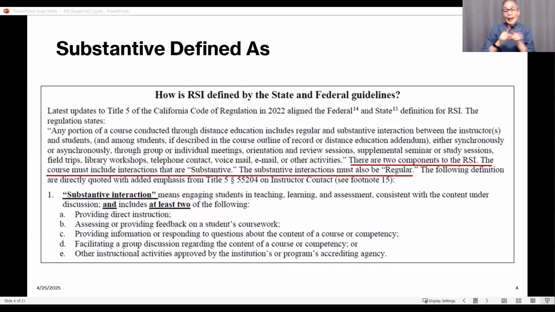Now substantive interactions include the following methods as listed: direct instruction, assessing or providing feedback on a student's coursework, providing information or responding to questions about the content of a course, facilitating a group discussion regarding the content of a course, and other instructional activities approved by the institution's accrediting agency. Primarily, most of us are going to fall between the A and D categories.